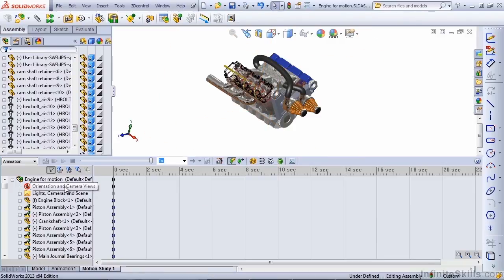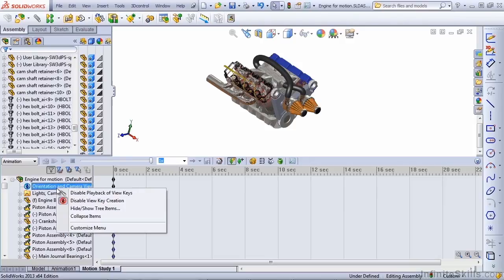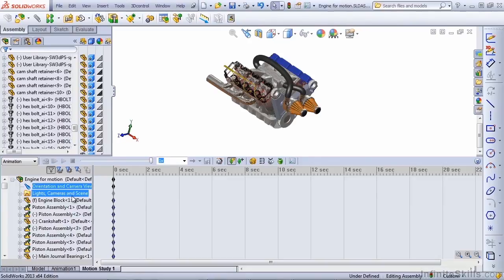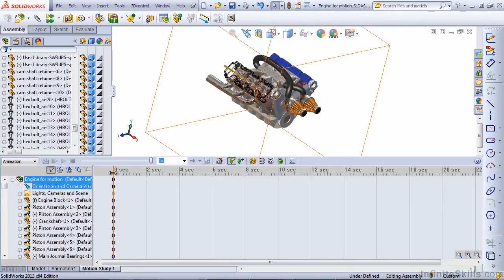We're going to use three different things here. First, we're going to change the orientation of the model so that it rotates during the first part of the movie. And then we're going to move a couple of parts just by repositioning them. And we're also going to drive the engine using a motor. So let's get started. The first thing I want to do is right-click and turn off the Disable View Key Creation. Then I'm going to move my time bar out to about 5 seconds